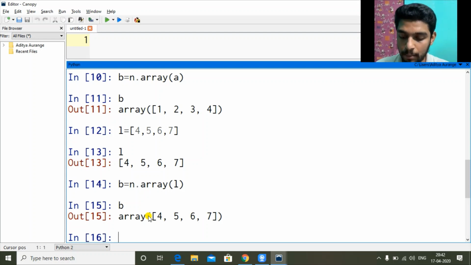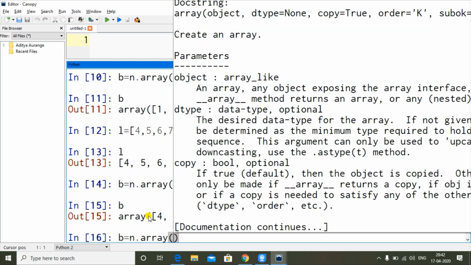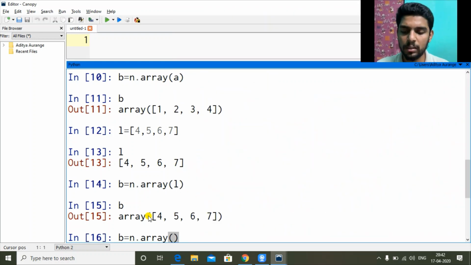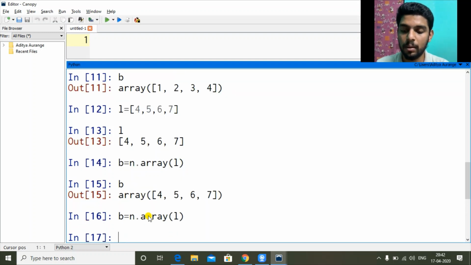Now let's say B, up arrow again. It's a shortcut which you should use. Now creating from a tuple. So first let's create a tuple. T equal to, we can use any name. T equal to tuple and then round brackets. See, we can make a tuple like this or another way. I'll show you.